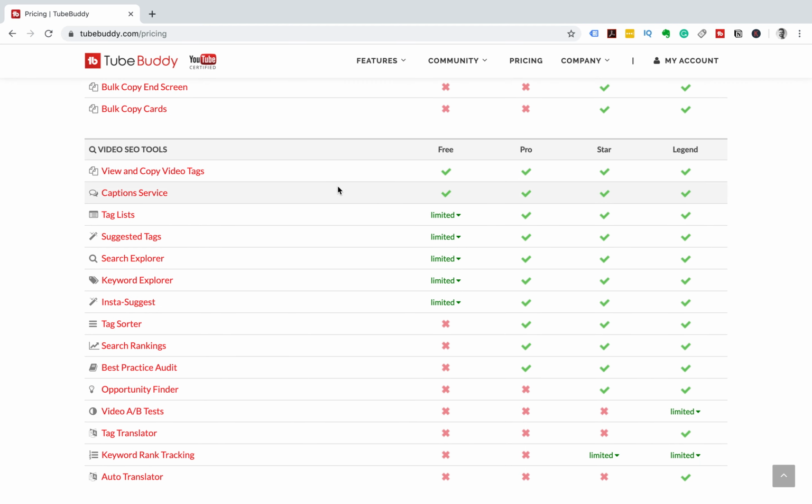And then the SEO tools, this is where you are really going to make your money back for the cost of using Tubebuddy. The Keyword Explorer is our favorite tool, and the Search Explorer. They also give you suggested tags with the tags list, and a tag sorter and a search ranking, which is really nice to have a look at to see if the keywords that you are targeting are getting ranked in